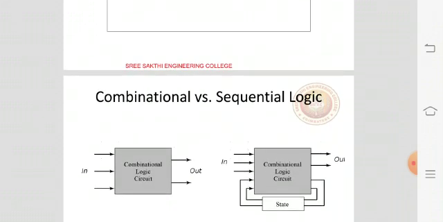Are present here. Today we are going to see about combinational logic circuit VLSI, that is in unit 2. You know what is combinational logic circuit. So it is having an input and we are getting the output. So present input is obtained at the present output. There is no feedback in combinational logic circuit. For example, we take multiplexer, etc.